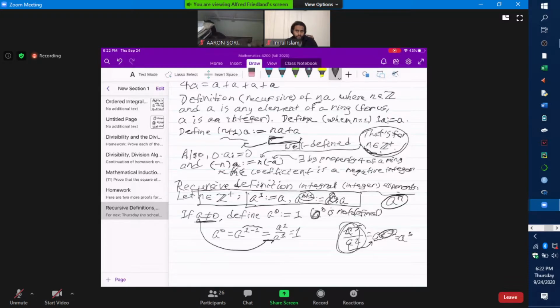So a over here has to be different from 0. If a equals 0, here you have 0 to the 0th power, and you'd have a problem over here. Now, why is this not a proof that a to the 0th equals 1? Well, it's not proof because